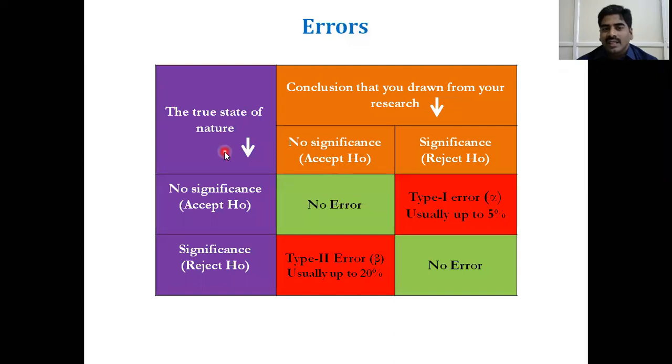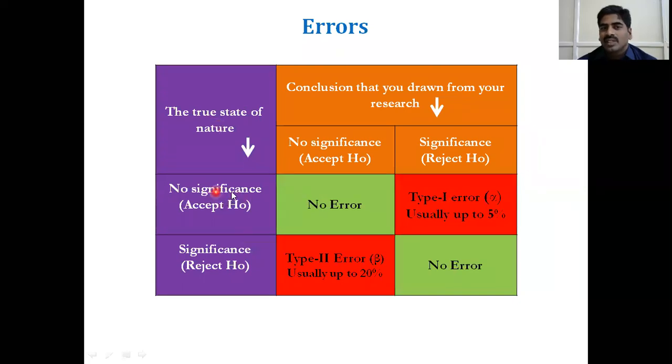And if naturally a significant difference exists between two groups, and in your research you collected the samples, did the study and proved a significant difference, there is no problem, no error. But observe here: